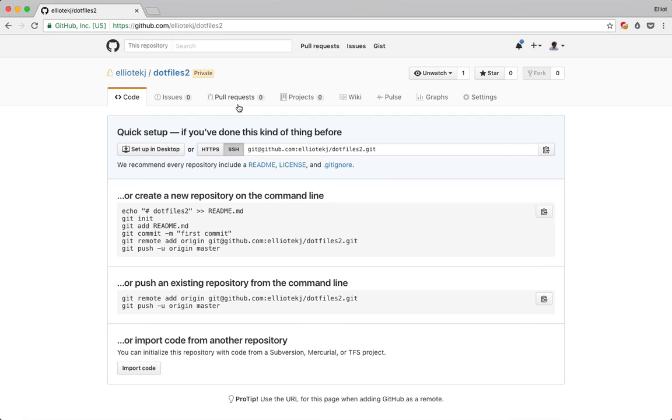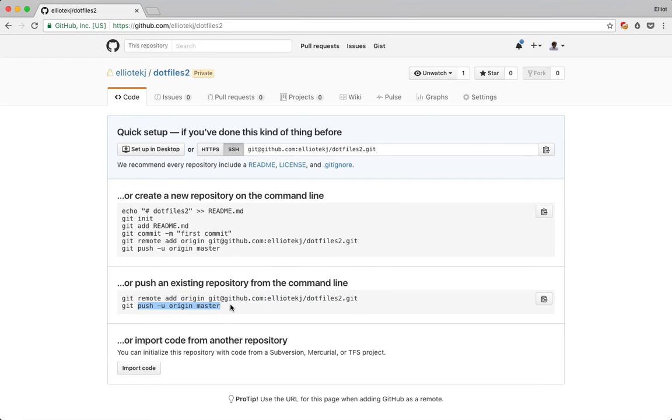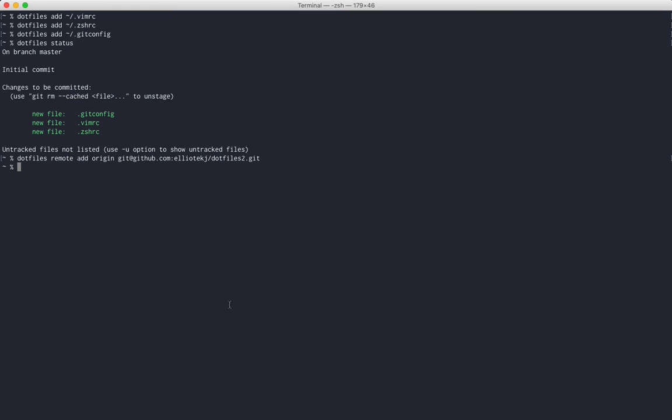And just the usual, we already have an existing repository, and we just want to push this to GitHub. So you can skip the git portion of this copy and paste and just go remote, because we want to target our dotfiles, which is a bare folder rather than a regular git folder. So dotfiles remote add origin, and then again, we've added our files. I should probably commit them. So dotfiles